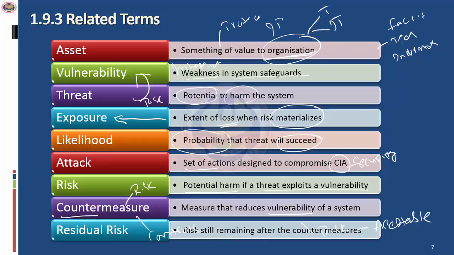Now we are clear? The risk which is still remaining after the countermeasures is what is called the residual risk. So you need to remember there's a risk, you apply the countermeasures, which is the controls, and after that there's still a residual risk, and the residual risk needs to be knowingly accepted. Why should we have a residual risk? Because the residual risk can never be eliminated.